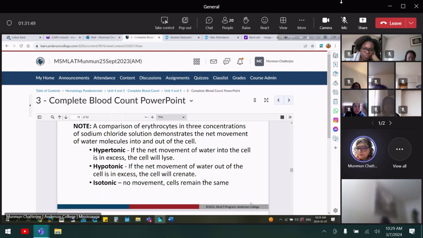Okay, so now we are going to learn about the hypertonic, hypotonic, and isotonic. This all comes from the movement of the solvent. What is the solvent? Here it is the saline or the water. It is going to move inside and outside the cell. So when you have too much water outside the cell and it is less